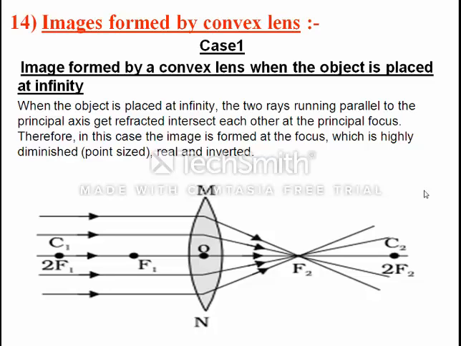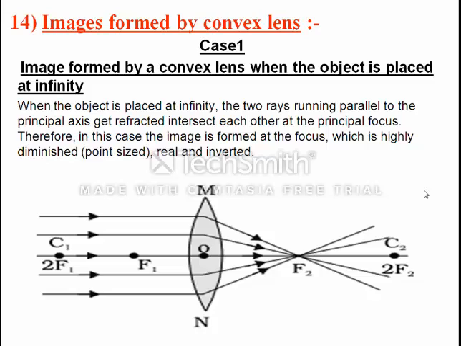Convex lens is also known as converging lens because after refraction, I am not saying reflection, I am saying refraction. Why? Because we are studying lens, and in the case of lens, bending of light takes place, that is refraction. So the convex lens is said to be converging lens because after refraction all the refracted rays come closer to each other,